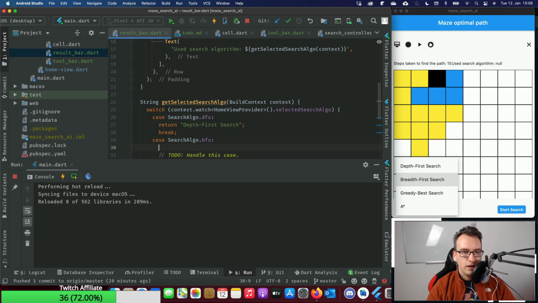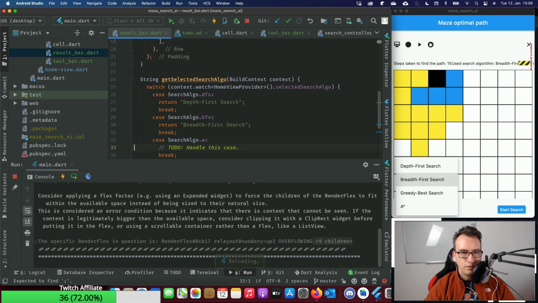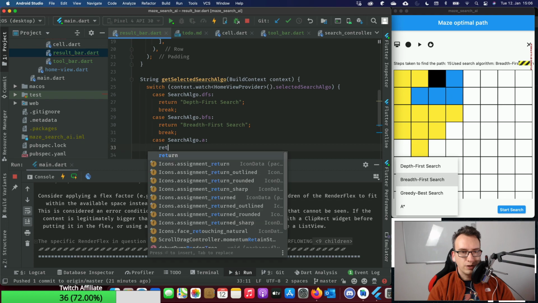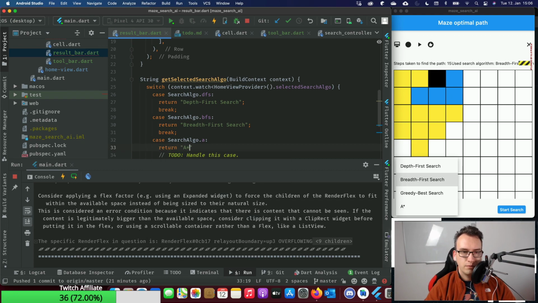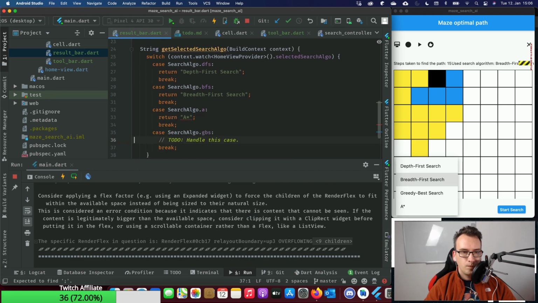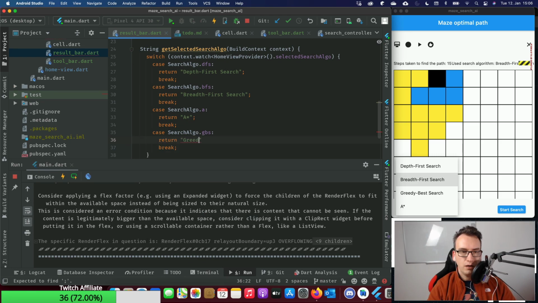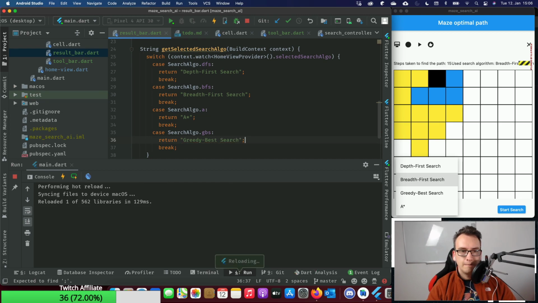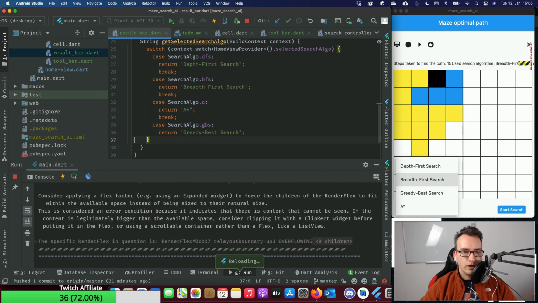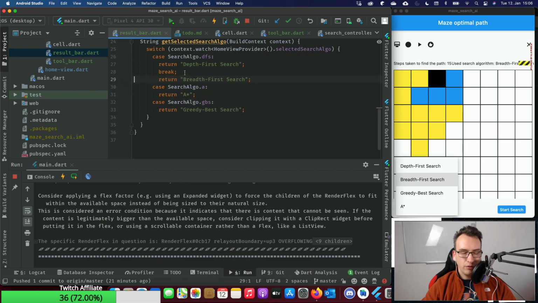Then BFS returns breadth first search. Search algo returns A star, and the GBS returns greedy best search. We don't need any breaks because we anyway return.